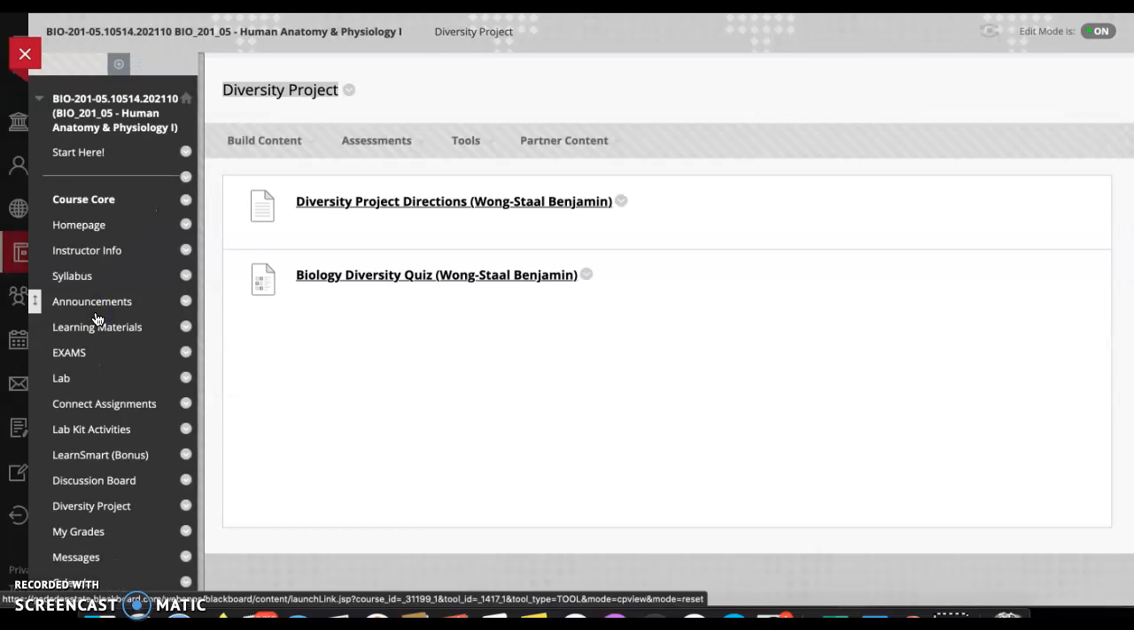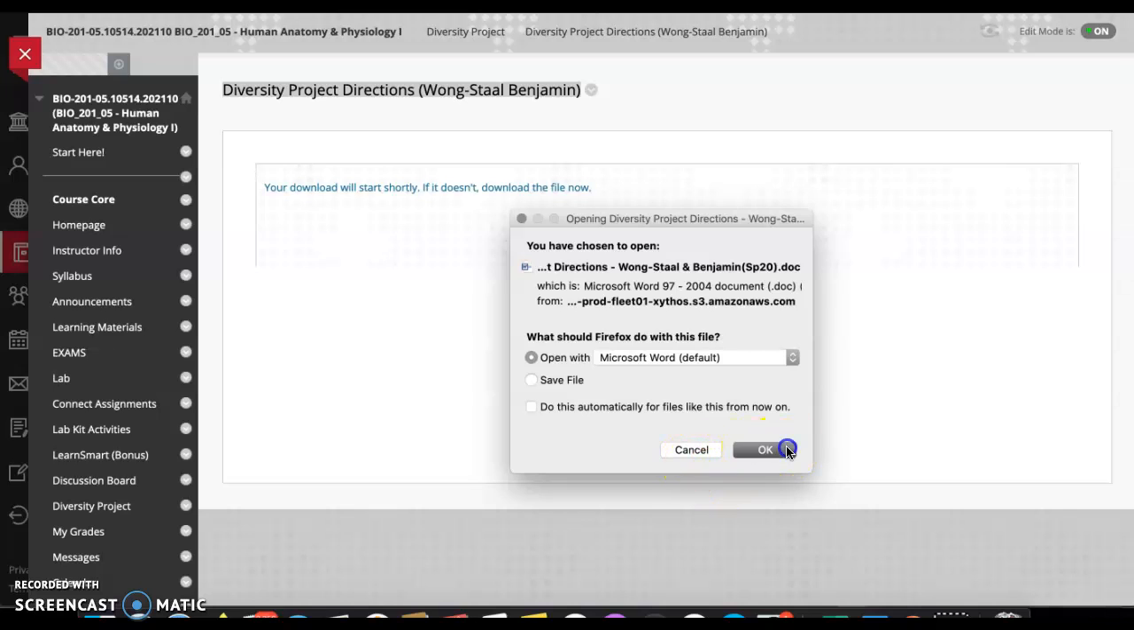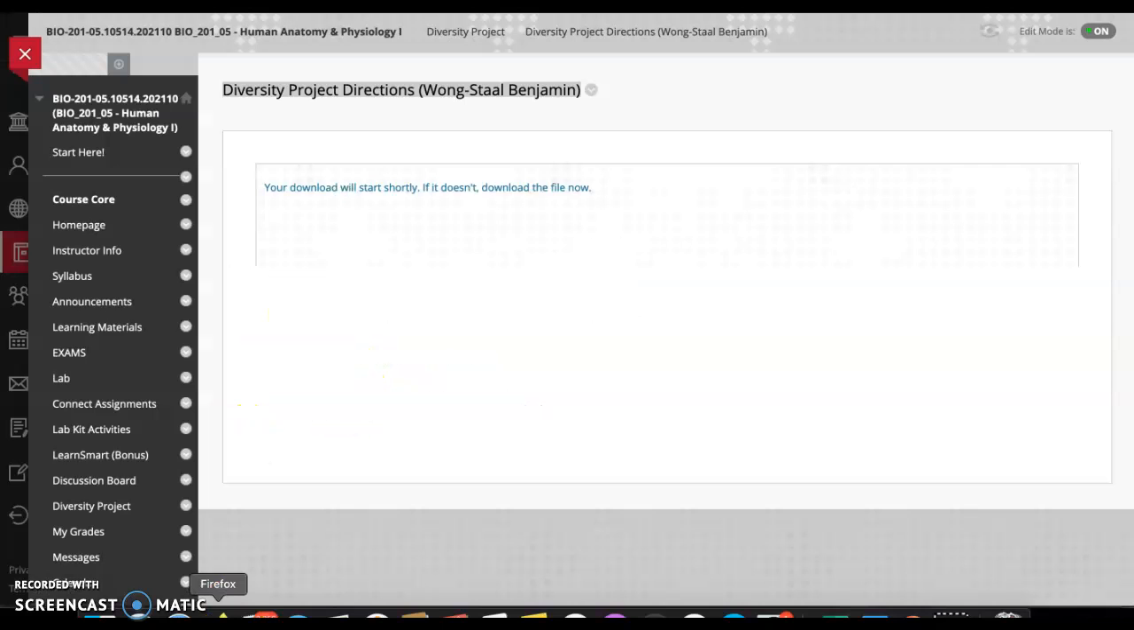So this is another assignment you can start on. The Diversity Project has 2 items. First up is the directions. The directions tell you that the cool thing about science is that we have all these different scientists with different backgrounds that are all trying to solve the same problems, and they bring their own perspectives. So we're going to read a couple different biographies. Once you have read those, and once you feel pretty comfortable with that information,